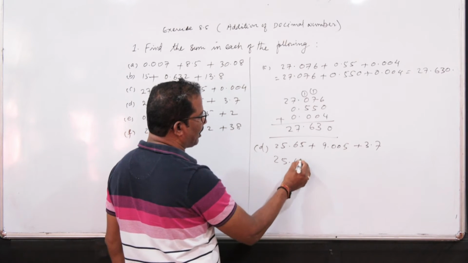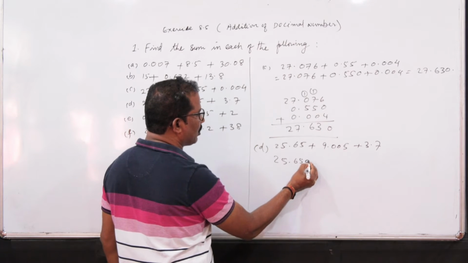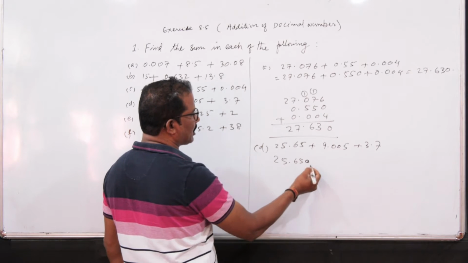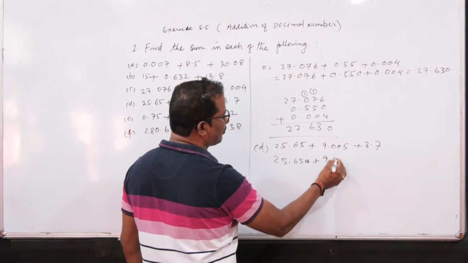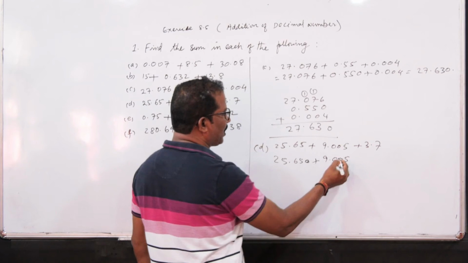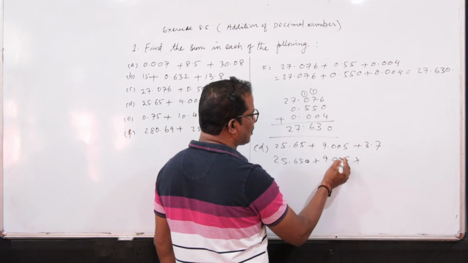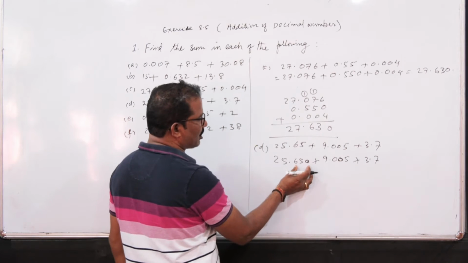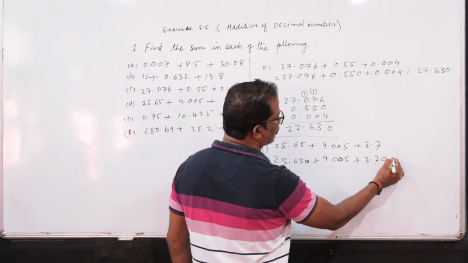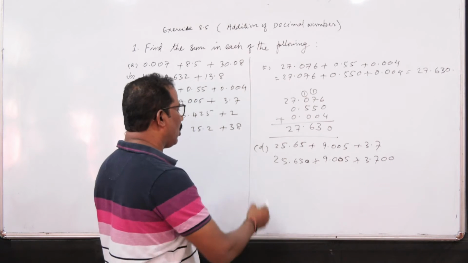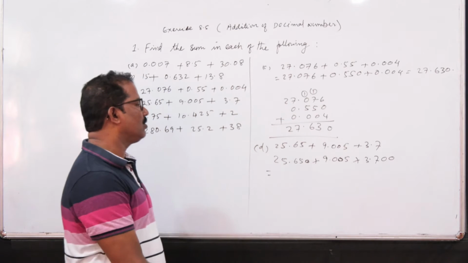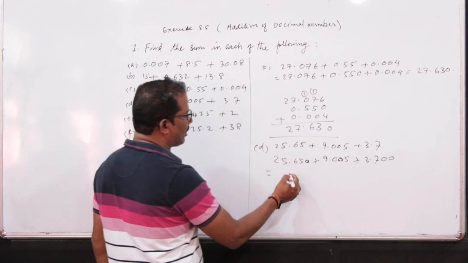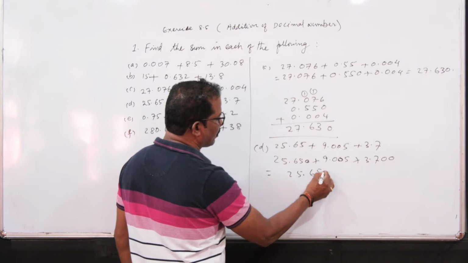So it is 65, then we can put a 0 here. Now it is 25.650. It is already at the maximum of 3 decimal places, and for this number, 3.7, to convert into 3 places of decimals, we have to add 2 zeros in the last. So all the given numbers are now like decimals. So we can add now by writing like this,